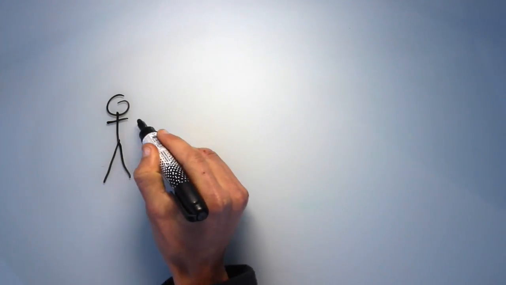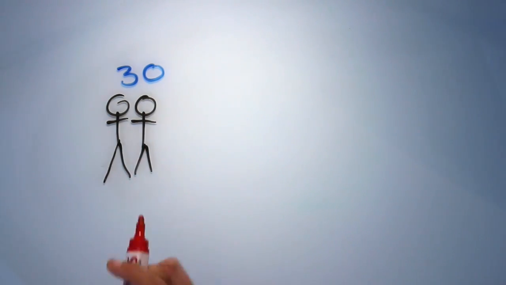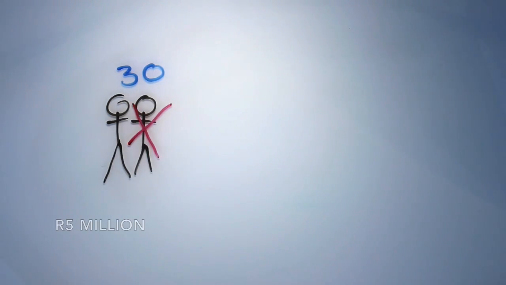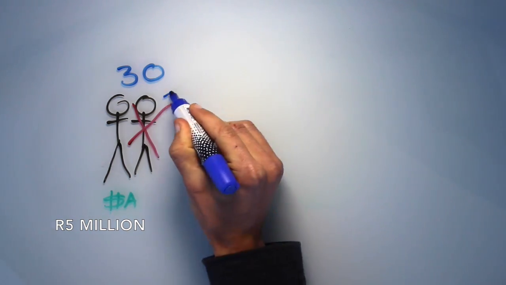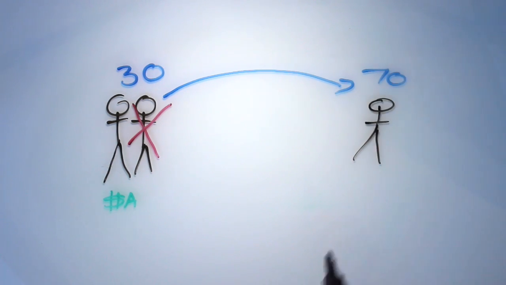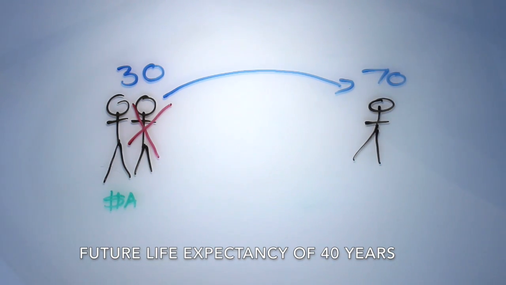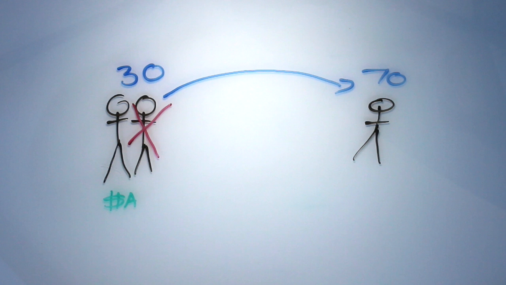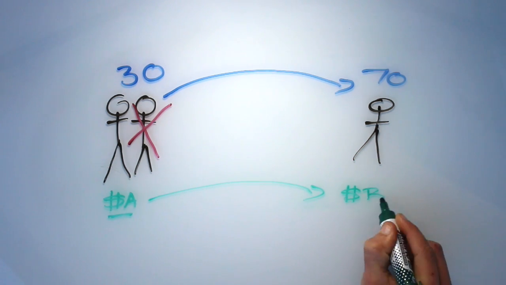For example, suppose a husband and wife are both aged 30. Suppose the husband dies at age 30 and the wife receives an inheritance of 5 million rand. The husband may have been expected to live to age 70, given that he had already lived to reach 30, i.e. he had a future life expectancy of 40 years. Then, the benefit to the wife is that she received this 5 million rand earlier at age 30 rather than